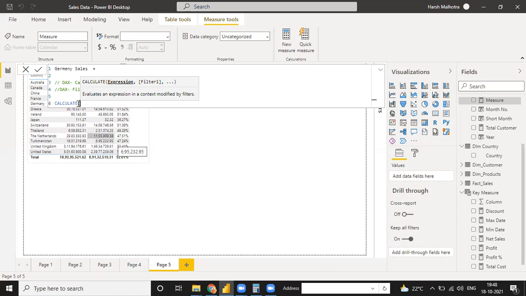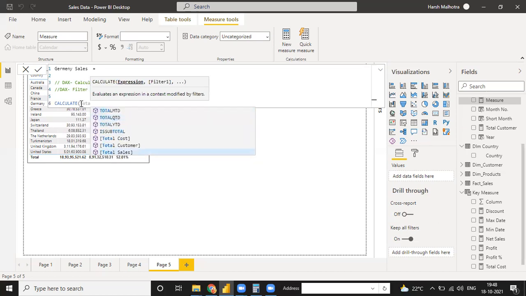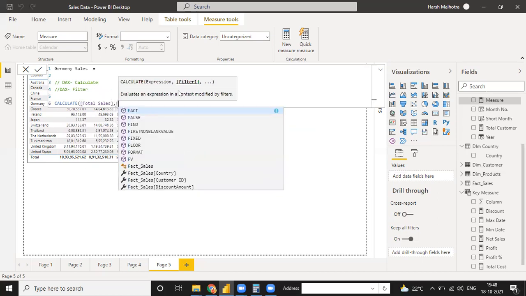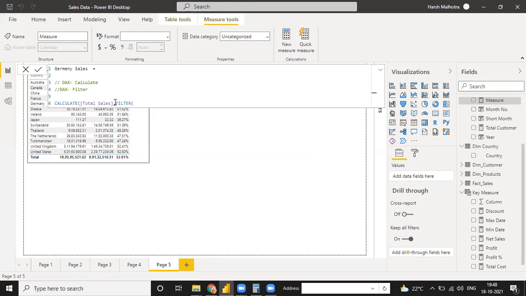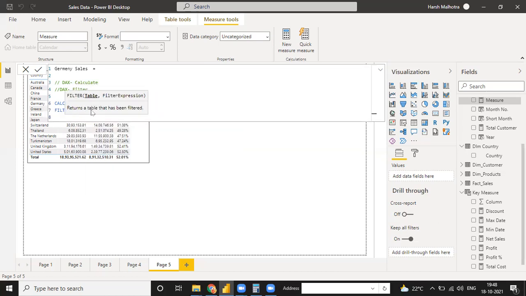Like right now I need to calculate total sales. Total sales means before this you have to create a total sales measure, and you have already calculated total sales. This is the total sales measure, comma, and then you can use the FILTER function. The FILTER function asks for a table name, the table in which you need to filter.